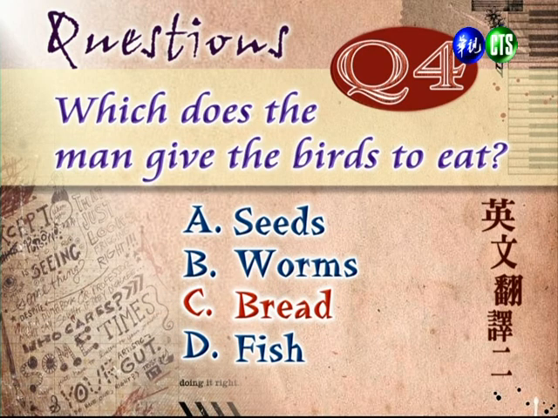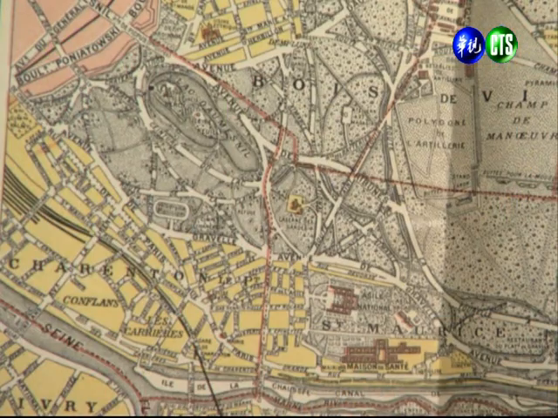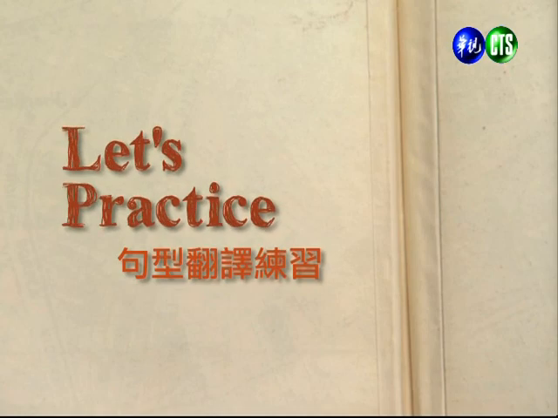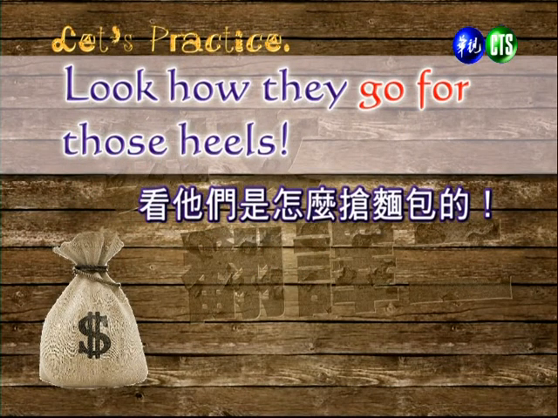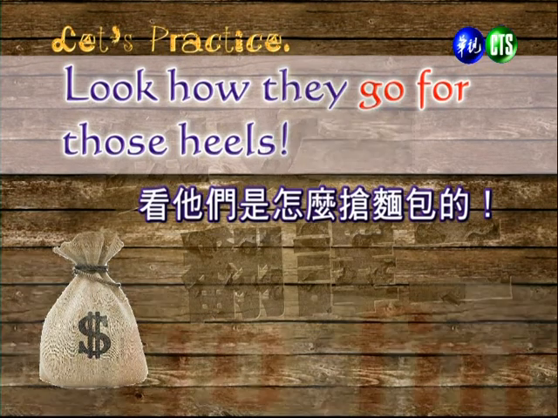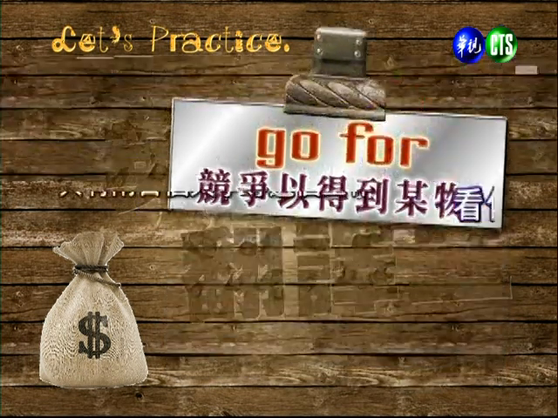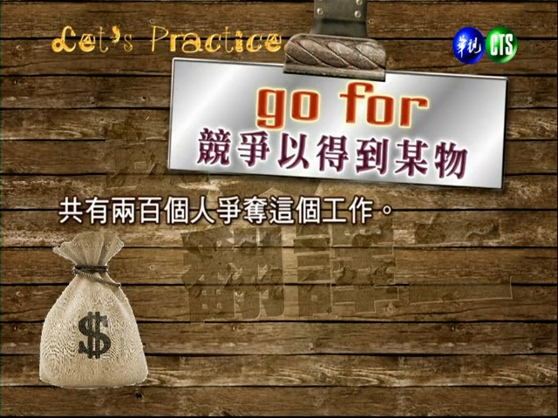好，同学，你是不是都做对了？那我们今天的部分，希望你做的都答对了哈。我们现在看下面 Let's practice 句型翻译练习部分。Look how they go for those heels. 看他们是怎么抢面包的。我们要学 go for 竞争以得到某物。共有200个人争夺这个工作。